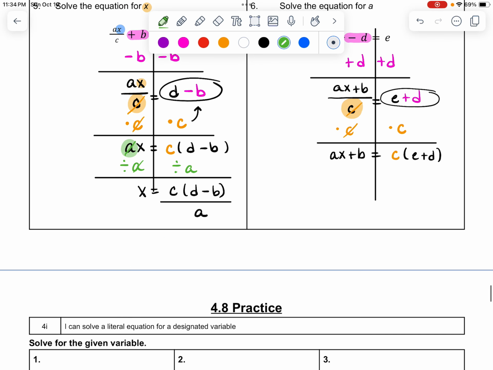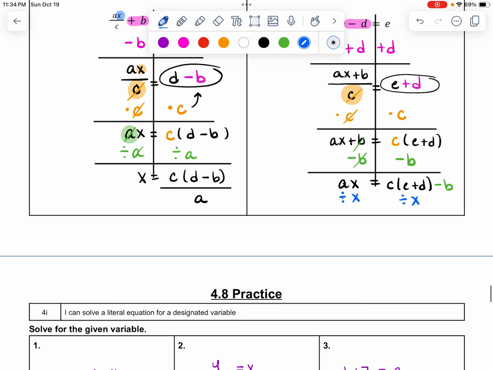So next thing is subtract the B on both sides, which means I'm going to have AX equals, and I'm just going to copy C parentheses E plus D minus B. And then I'm going to try to get rid of the X, so I'm going to divide by X,